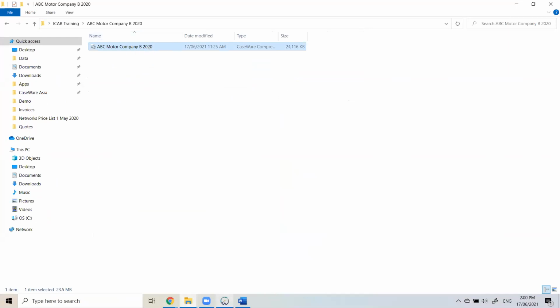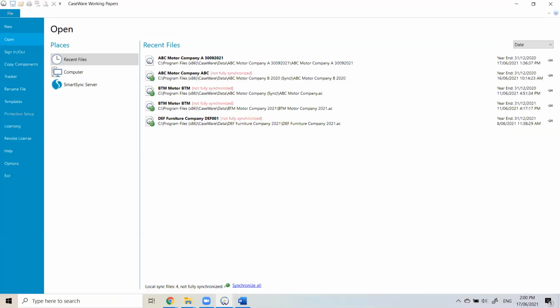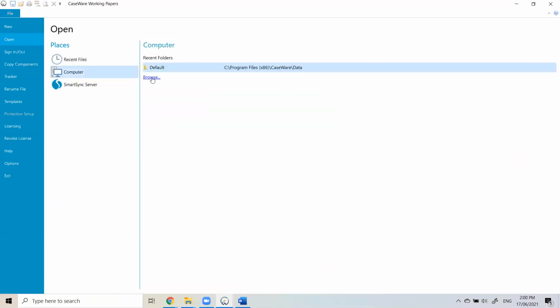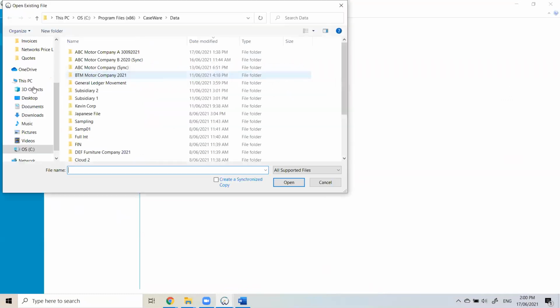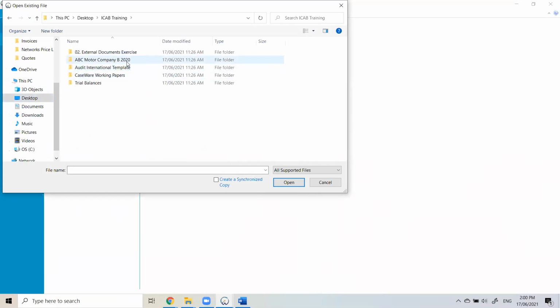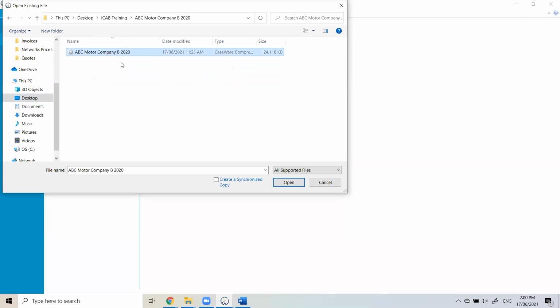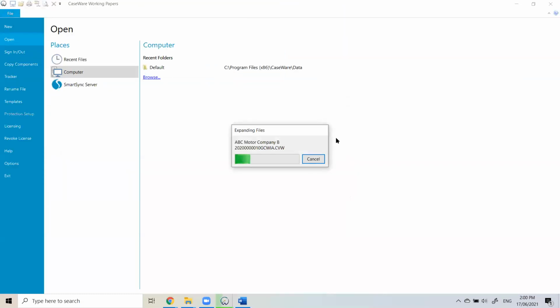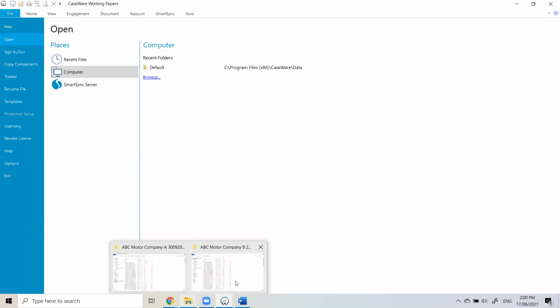Now, I'm going to open up Caseware working papers again, and this time I'm going to open up that Motor Company B file. I'm going to go to computer. I'm going to browse to my desktop, ICAB training, ABC Motor Company B. I'm going to now double click and open that file here. So it says expanding. Once it finishes expanding,